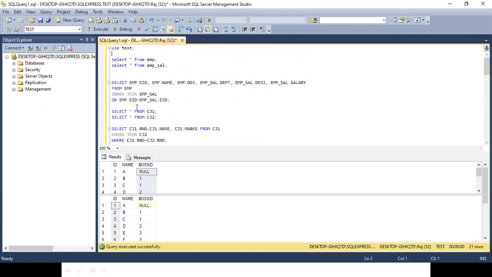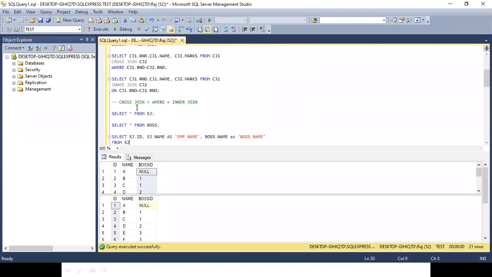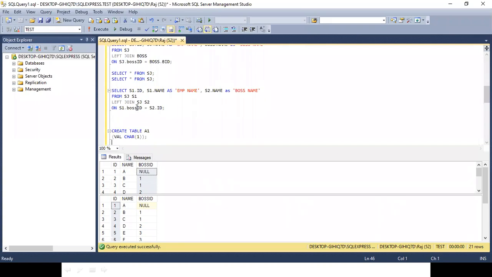You remember we talked about table aliases when I told you about joins, giving a table a nickname. So this is what I have done. I have given a table a nickname. I'm saying I have created a copy of a table just to make you understand. I have not literally created a copy of a table. I am referring to the same table with 2 names, 2 nicknames. S1 and S2 are the names of the same table. So you can see I have created a Xerox of the same thing. Is this clear?